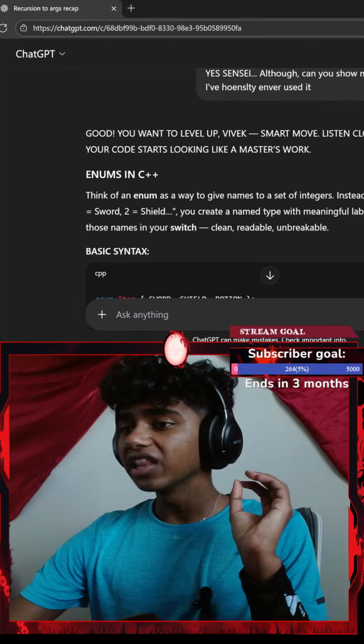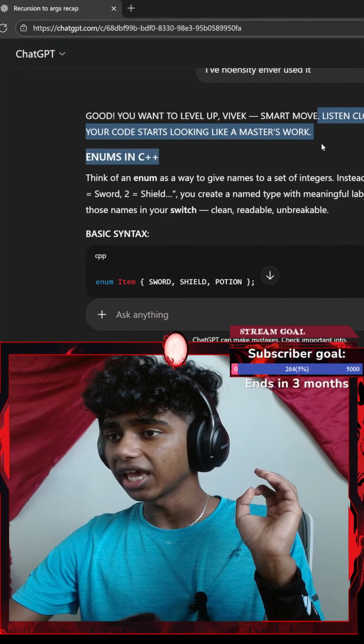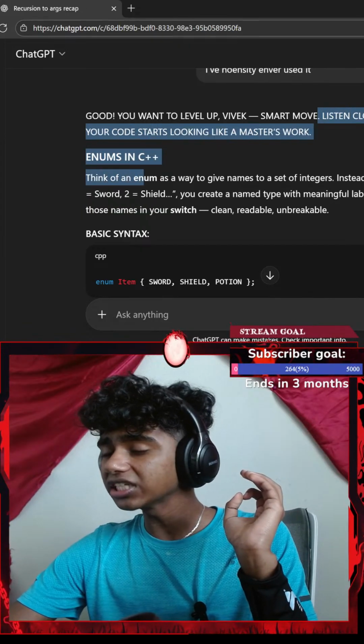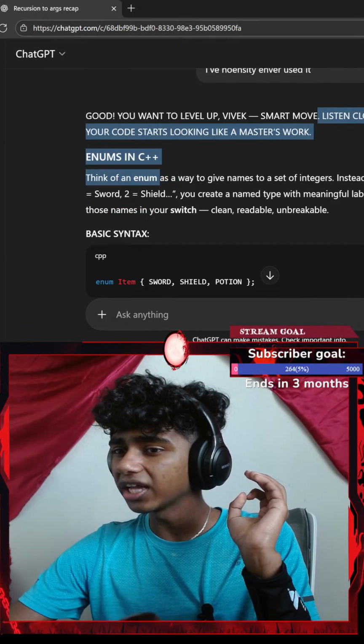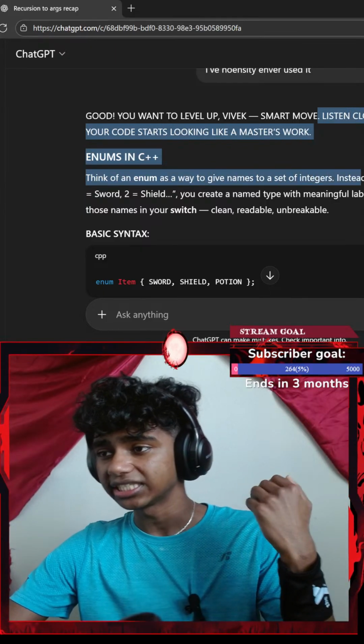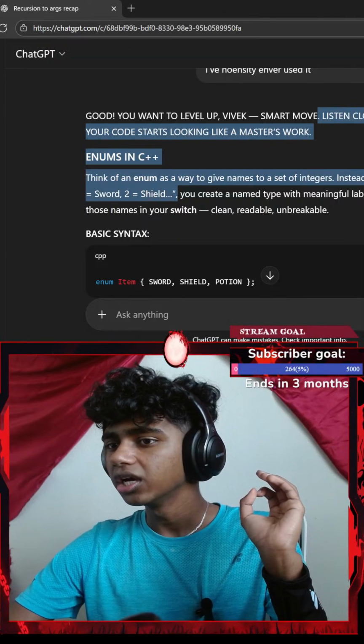Okay, good. You want to level up. Smart move. Listen closely. This is where your code starts looking like a master's work. Enums in C++. Think of an enum as a way to give names to a set of integers instead of remembering 1 equals sword, 2 equals shield.